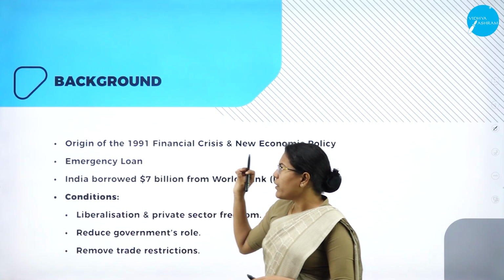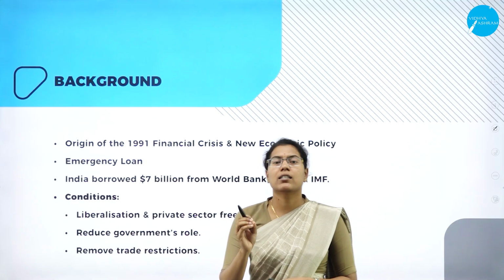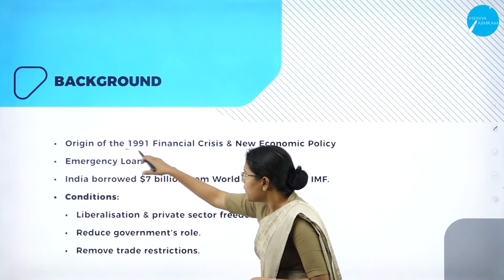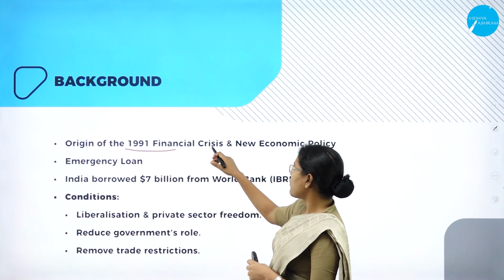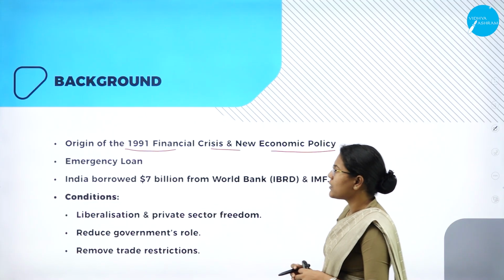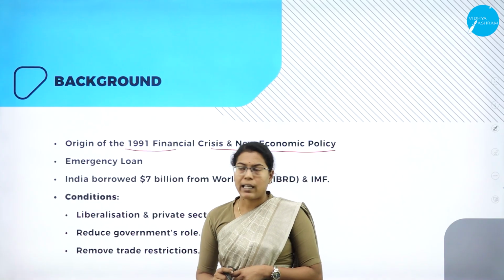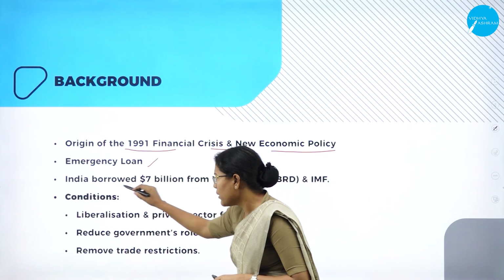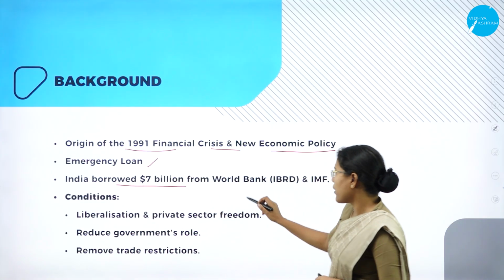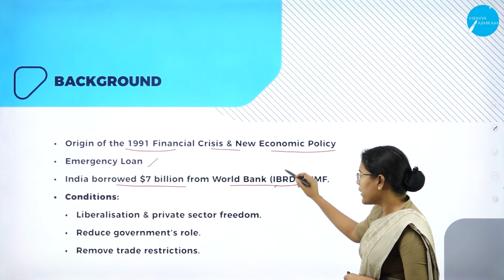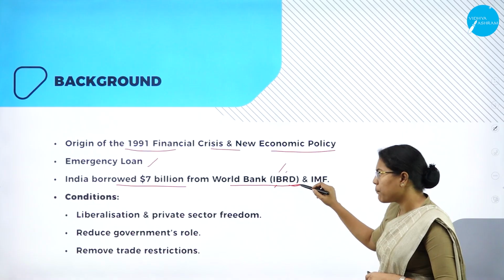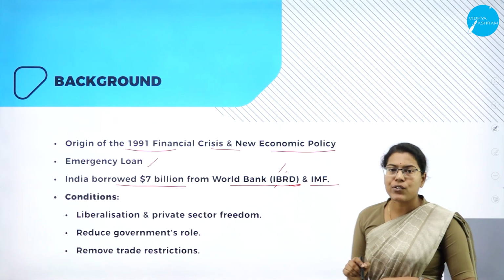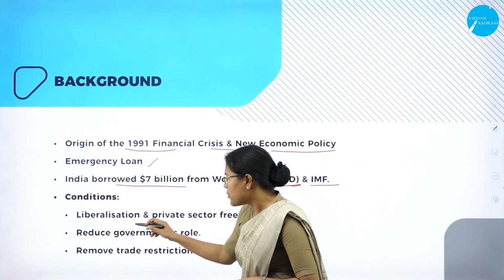So particularly when we have to discuss the background of why this 1991 new economic policy was brought, mainly the origin of the 1991 policy was because of the financial crisis. India had to go for taking an emergency loan, and India borrowed around $7 billion from the World Bank, that is IBRD, International Bank for Reconstruction and Development, popularly known as the World Bank, as well as it approached the IMF, that is International Monetary Fund. So under these conditions,